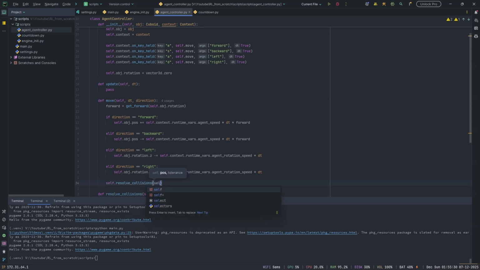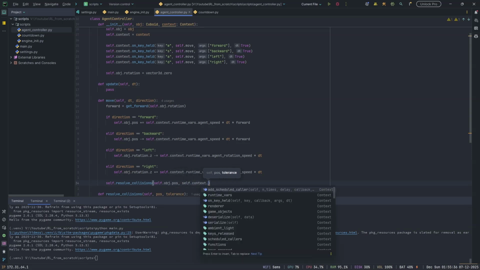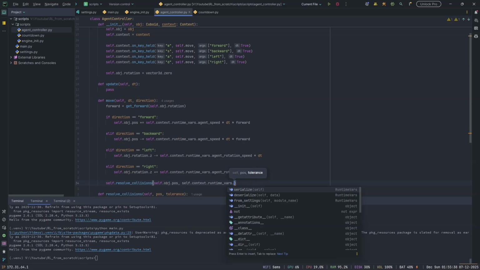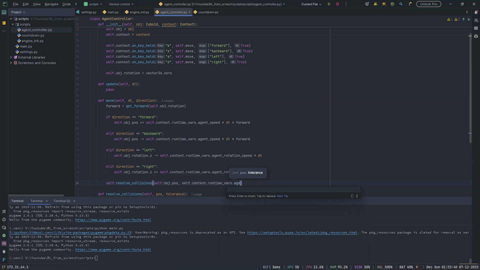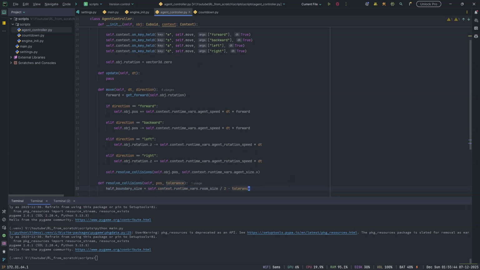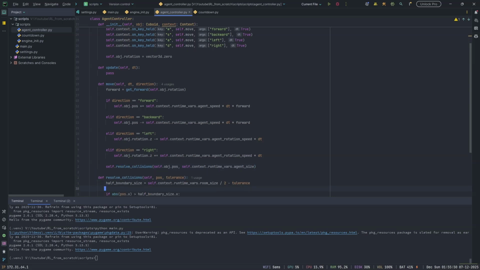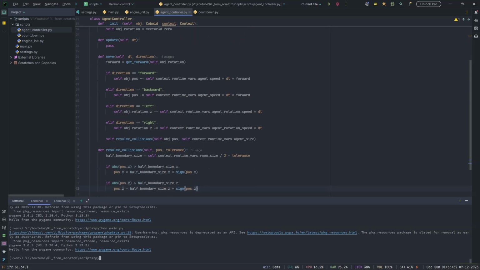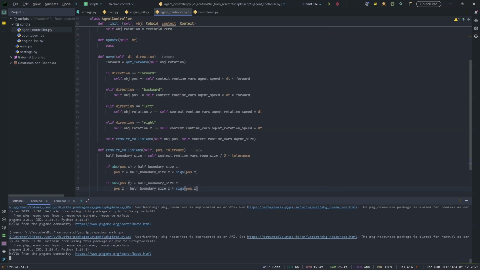The position is self.object.position. The tolerance will be self.context.runtime_variables.agent_size, and we can just pick any direction. We'll pick the x direction, or we don't even have to pick a direction, because there is a vector minus vector which will just subtract the corresponding components. So now if we do this,